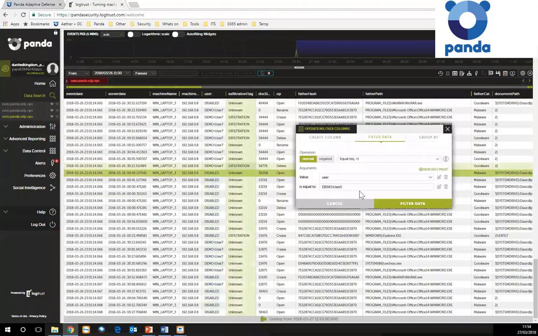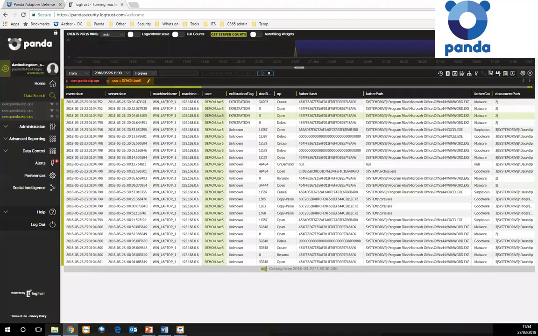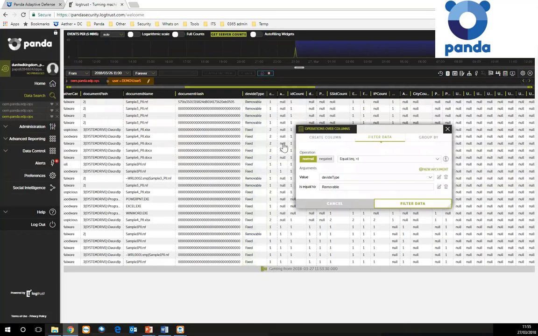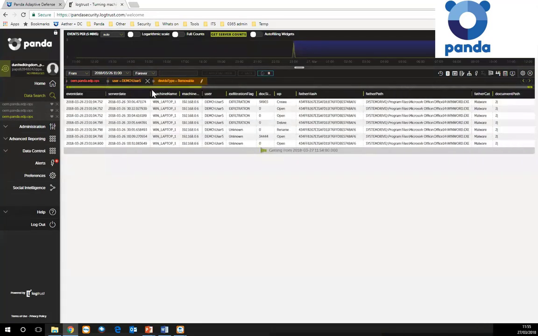I just want to filter that person out. So I see all the activity for that particular user within there. And if I want, I can say, okay, this is this person using external media. So I'm just going to change the device type to removable there, just filter that. Okay, and I can see that.